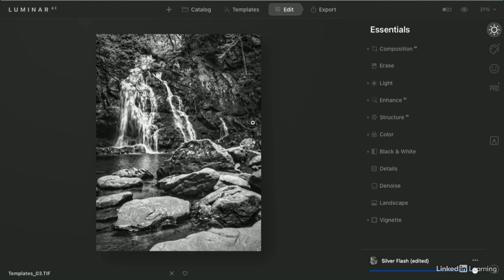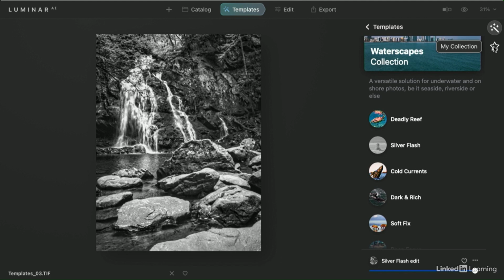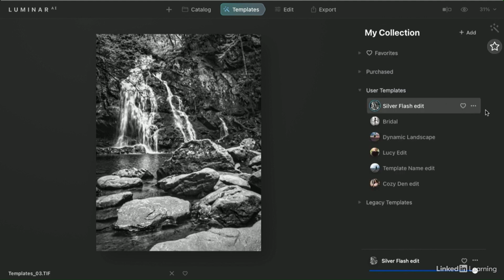Now, templates are built in and they're recommended, but you can make your own too. So if you just click here, you can save this as a template. You'll now find it in your templates collection under the My Collection and User Templates. You're now free to rename this. So I'll call